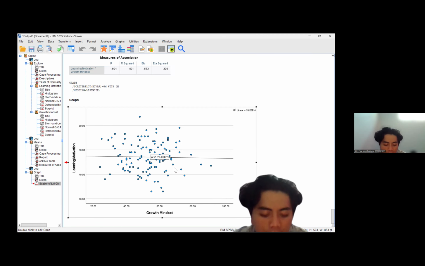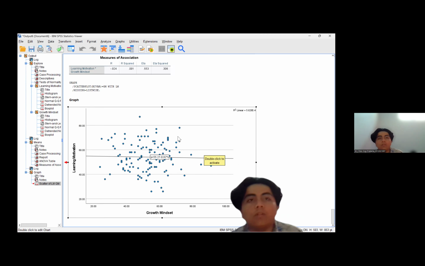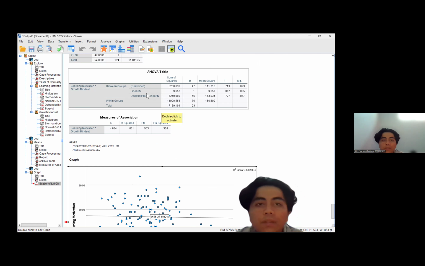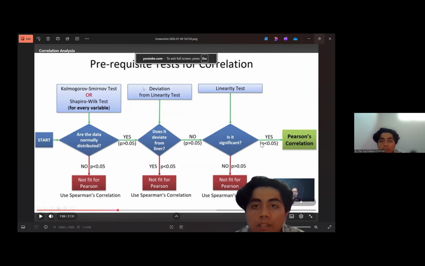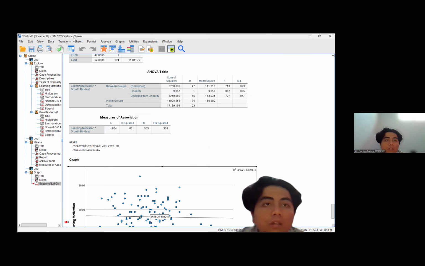As you can see, the scatter plot shows the relationship between learning motivation and growth mindset. Although the regression has a slight negative slope, the trend is nearly flat, indicating that there is no linear relationship between the two variables. So, since we did not fulfill the linearity test here because it is not significantly linear, we need to use the Spearman correlation to analyze